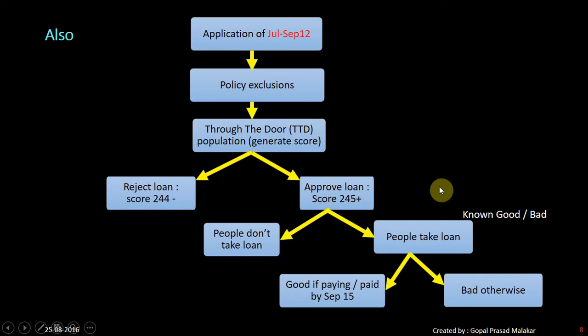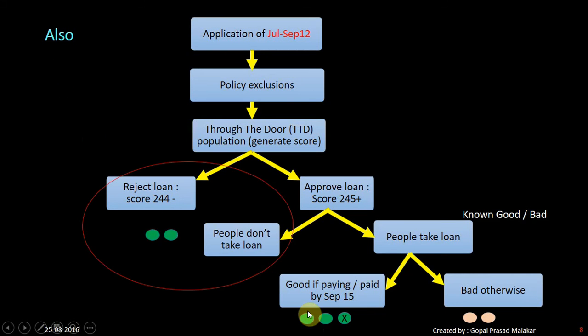So what is happening now? To develop a model, you need to know the base which has become good or bad. This is your through-the-door population, and in reality the model is expected to apply here. Now if you look here, you are expecting as many good, but you didn't get that many good. In fact, some of the good that were supposed to come didn't come here, and you got a little more bad than you thought initially. It means that because you are not getting as many good as you thought, some goods might be going into the rejected population.